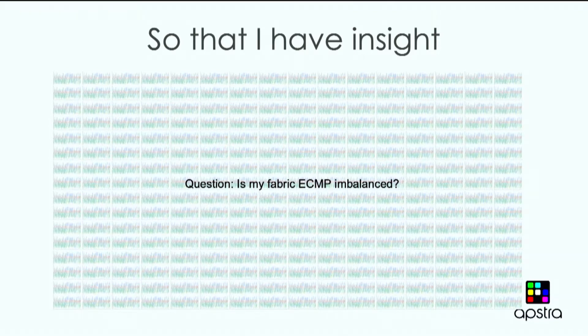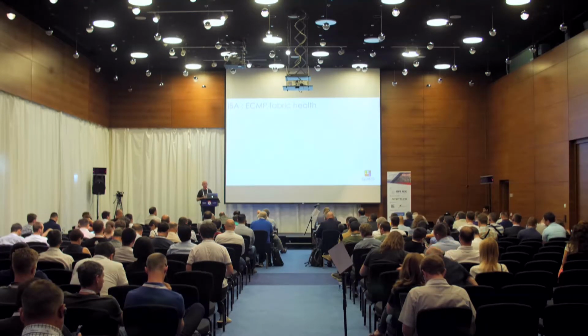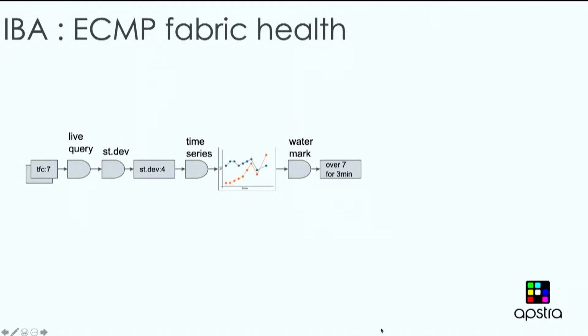How do I figure out? It's a very simple question. Show me all the links between leaves and spine and how they're loaded. If you do it manually, good luck. So how can you do it in a way that is independent of number of switches? Remember, you've just abstracted a link between leaf 1 and spine 1 by saying, show me all the links that have particular property. There are links between all the leaves and all the spines. Your query is going to be, show me all the links that are between all the leaves and spines.